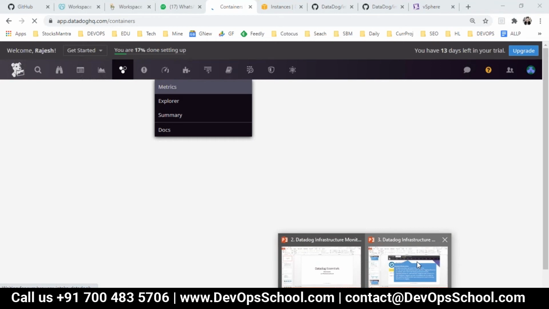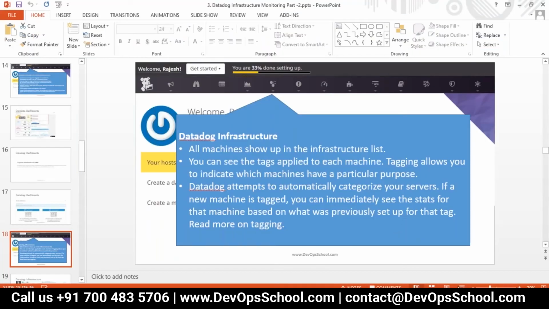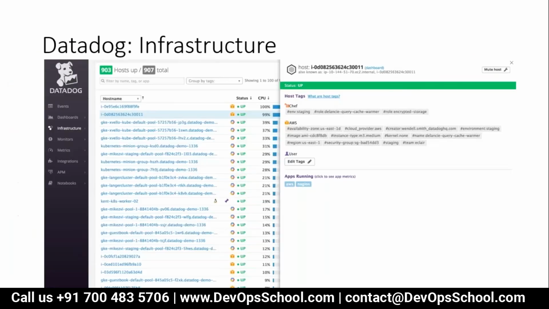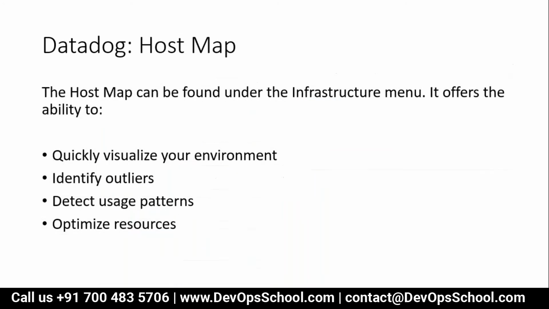Yeah. So the infrastructure list will have multiple details. See that one of the screenshots where you can see infrastructure, so many things got added. On the right side you see those tags, if you look at this very carefully, my cursor, you can edit any tags, add any tags and stuff like that. You can see that mute host means you can stop the monitoring also, so that is also possible.